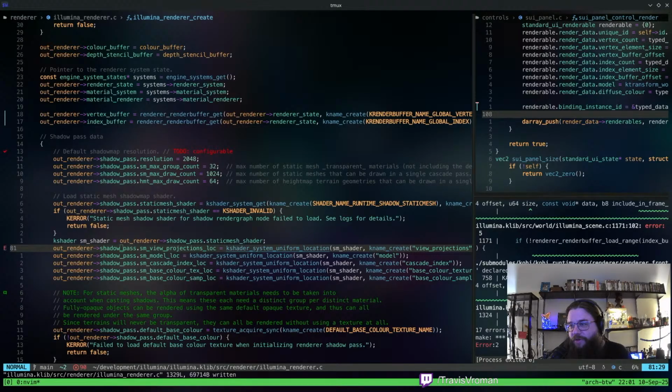Let's see. Have a question. How comprehensive did you get with your model loader? I've been using ASIMP for my projects, which seems quite robust. It's also huge. Whenever I clean build, it takes at least 5 minutes to compile ASIMP. Considering going to a much more lightweight loader or building my own, which could be a fun challenge and learning experience. So I highly recommend that. But that being said,